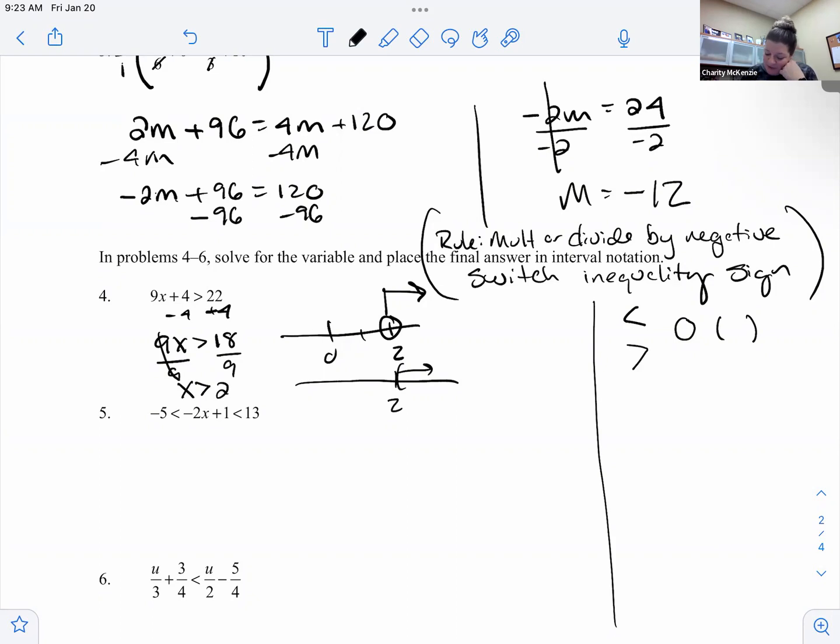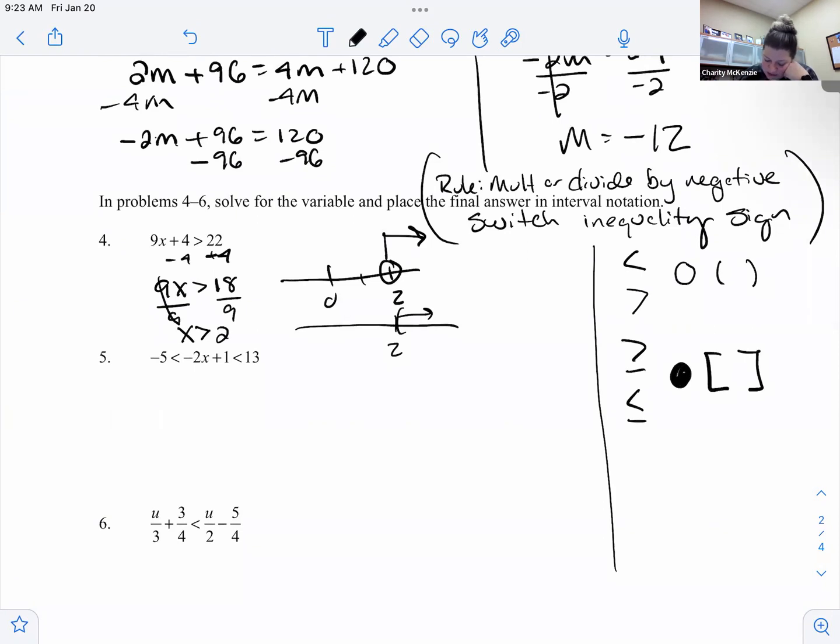Okay, so if you have the equal sign on it where you could be at that spot, so I could be at the 2 if that was there, it would be a closed dot on the graph and a square bracket for the interval notation. So just note that. Okay, so if I go to do interval notation for problem 4, I'm saying you're starting